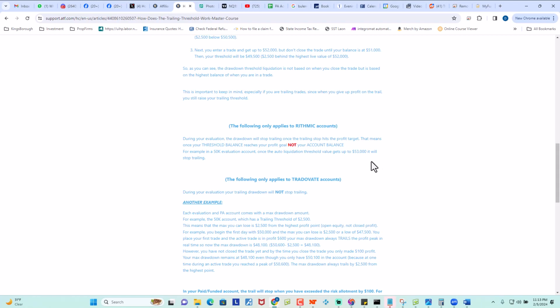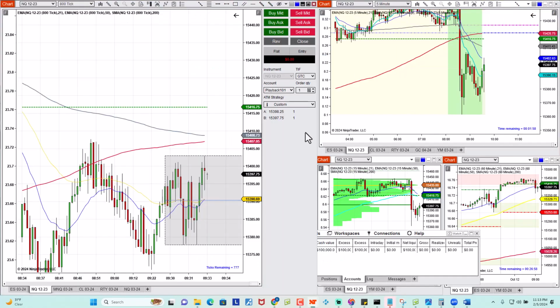One way to get around that, if you have two contracts and they're moving up, is to catch one of your targets right at its highest, and then keep trailing the stop that you have. Let me show you on the chart what I mean by that. All right, let's go to the chart now.